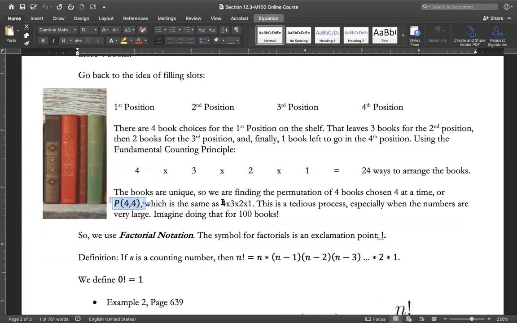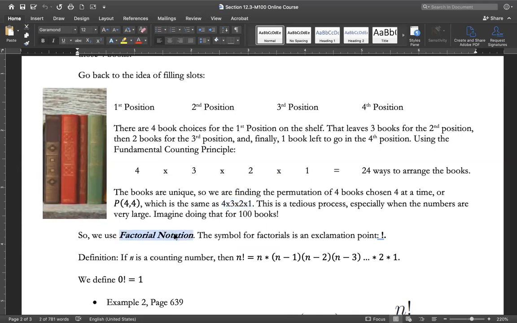And of course, that's the same as 4 times 3 times 2 times 1, which we just looked at. Now, this can also be a very tedious process, because if you have really large numbers, like if you wanted to know the number of ways you could arrange 100 books on the shelf, you'd have to do 100 times 99 times 98 times 97, and it gets ridiculous, okay? So what we do is we use something called